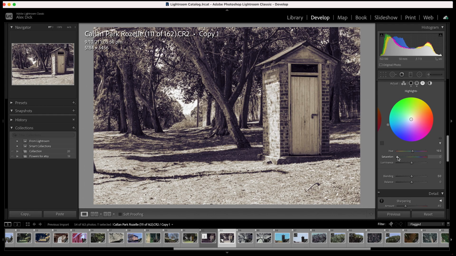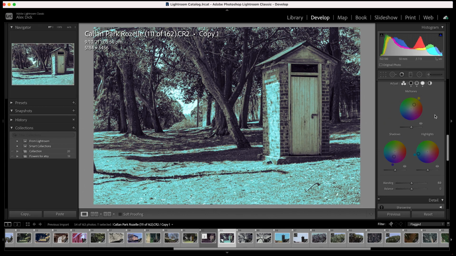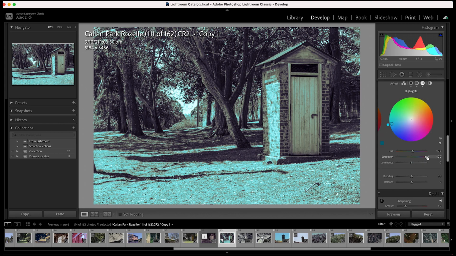Oh, I didn't even crank up my... Oh, actually we've happened across something I quite like there. And that's actually why it's quite good to be able to see all three, because you can sort of pick complementary colors a little bit in the mixer. But let's work with these finer controls now. I mean, that's way too affected now. But if I just add in like the slightest tingy touch,